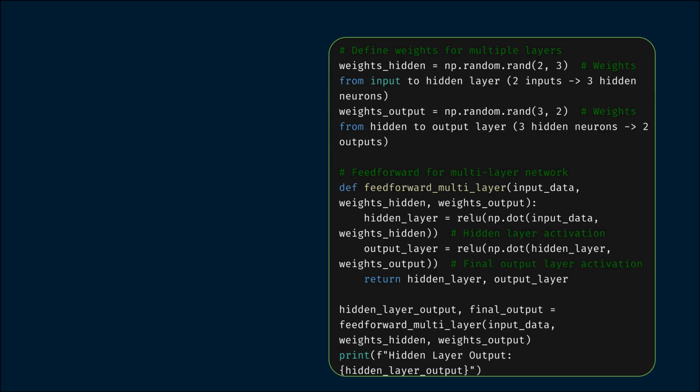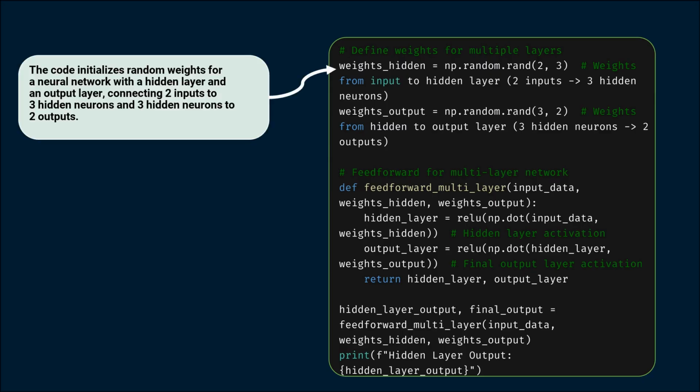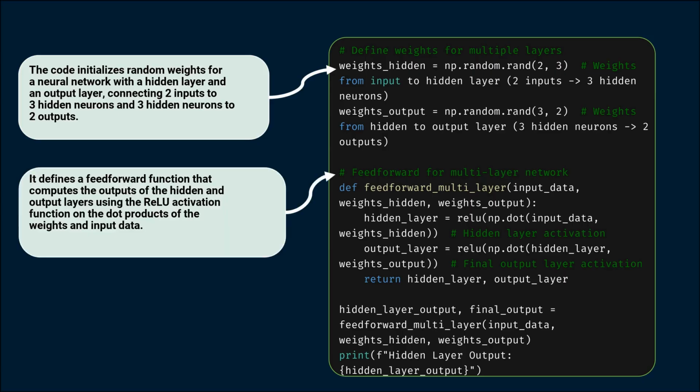Now, let's take a look at how we can implement feed-forward propagation in a multi-layer neural network. In this code snippet, we begin by defining the weights for two separate layers, the weights from the input layer to the hidden layer and from the hidden layer to the output layer. Here, we initialize these weights using random values, establishing the essential parameters that will determine how our input data flows